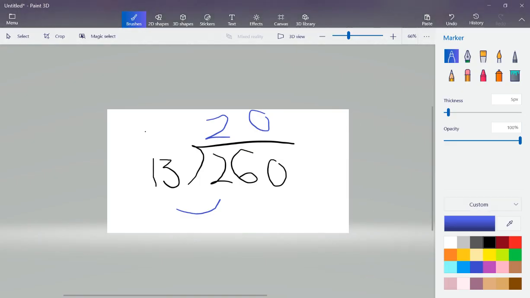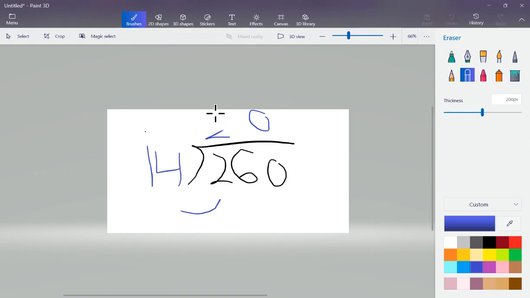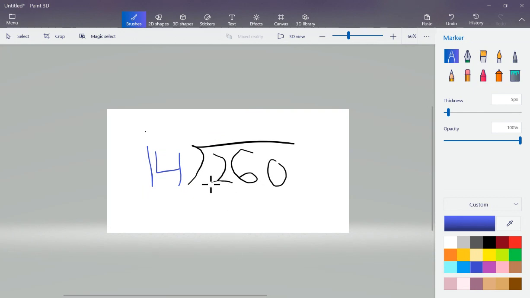But if you guys want to challenge yourselves, you can do 14 instead of 13, because 14 does not have a multiple of 260. So you can challenge yourself, guys. I'll do it over here, but you pause the video and try. Have you paused? Pause right now. Okay. Now that we have paused and done the video, unlike some of you, we are going to put 14